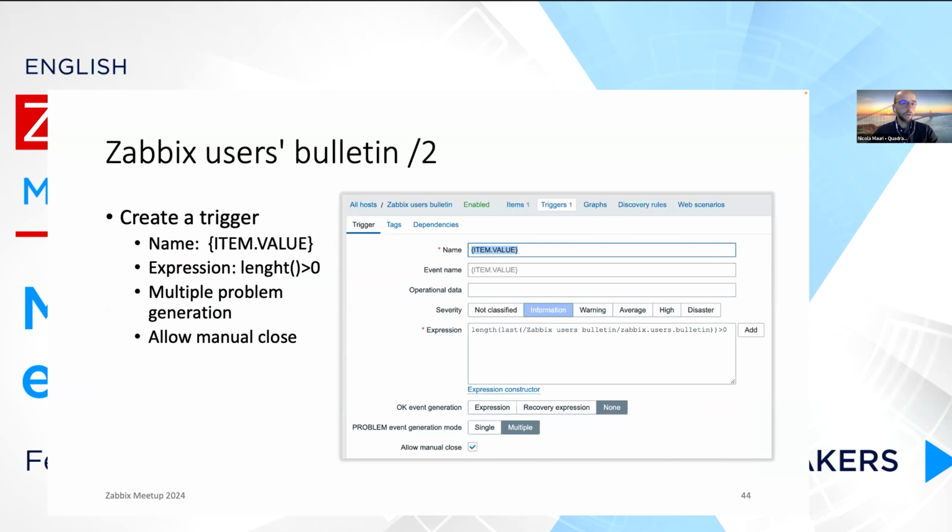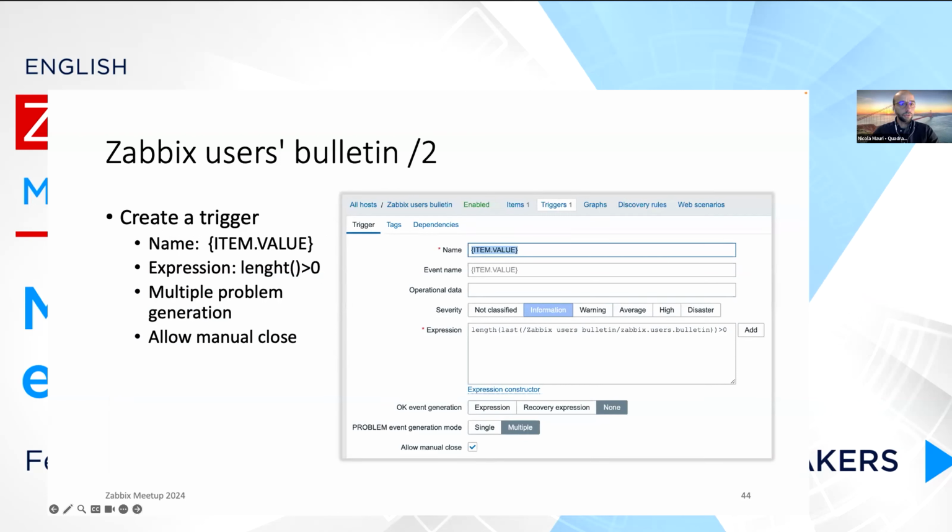Then create a simple trigger. The name is the message itself, so the item value. The expression is just something which will always fire any time a new value is received. And you should set multiple event generation,